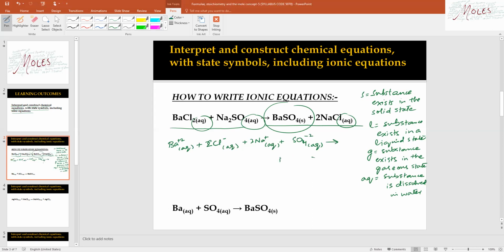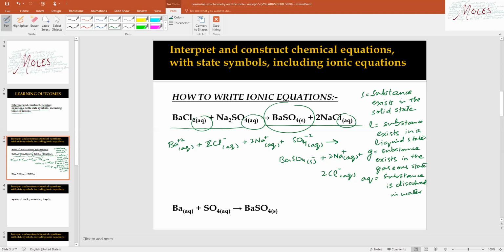and on the product side, BaSO4(s) + 2Na+(aq) + 2Cl-(aq). Be careful when writing the ions. You have to mention the correct number of moles for the ions which you will get from the formula of the compounds. Here you will see some common ions on both sides of the equation.